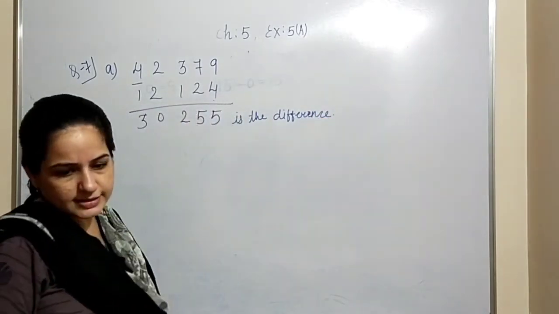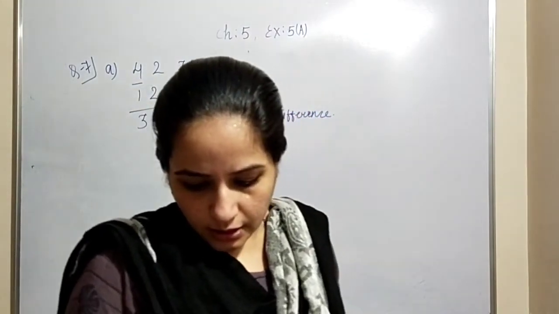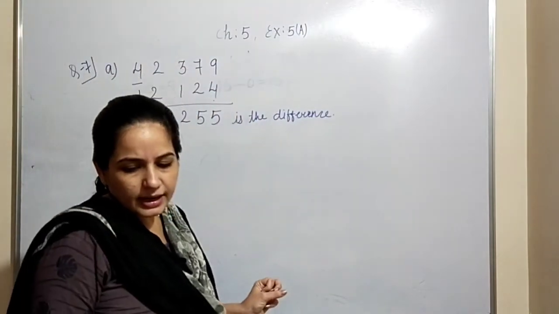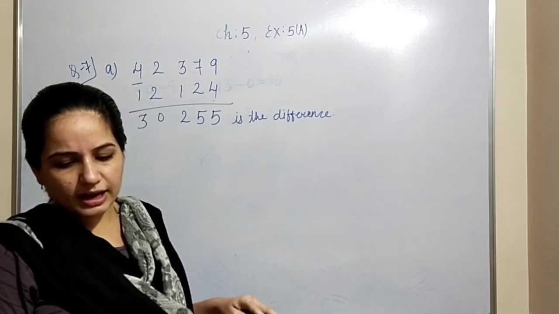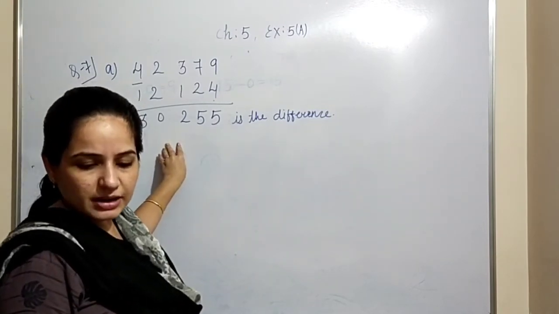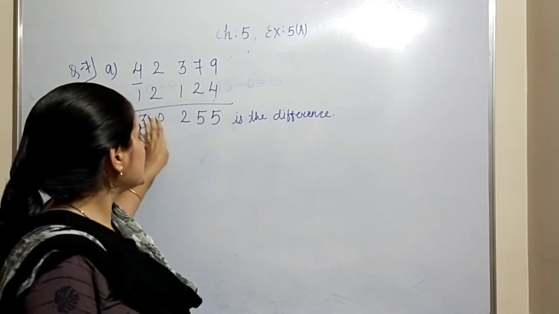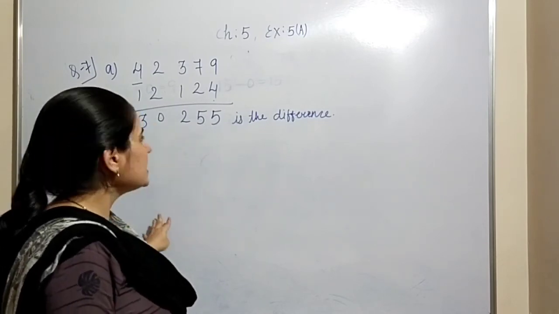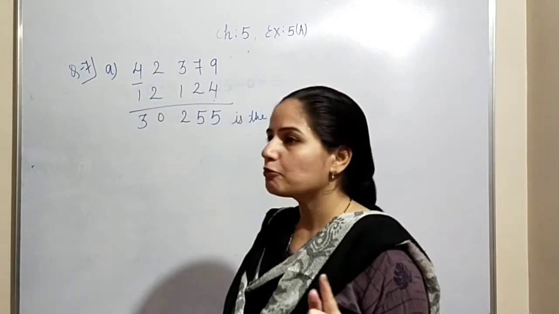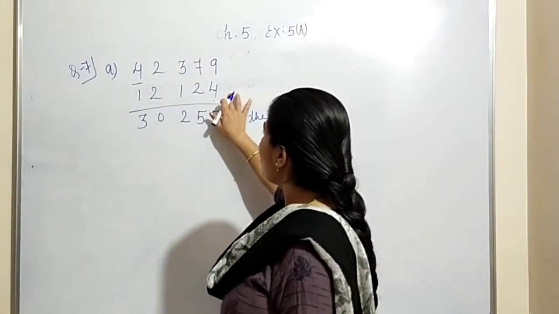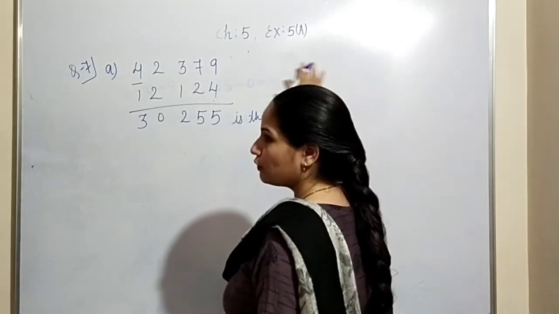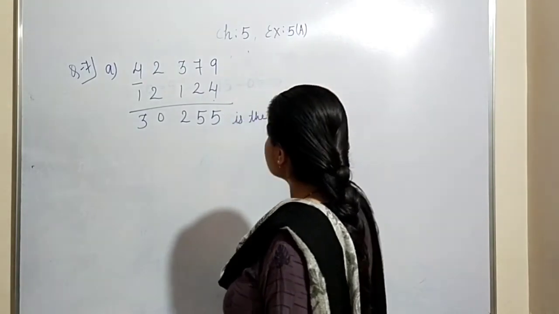Now, the next one, in which subtrahend and minuend are given and you will have to find out the difference. Same way you will do 7b. Just as I did in 7a, you will do 7b, but in 7b you have to keep in mind that the subtrahend is given first and then the minuend, but the minuend should come first, so it will go on top and the subtrahend will come at the bottom here.